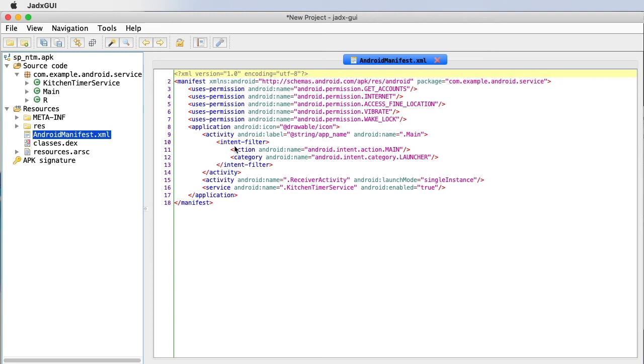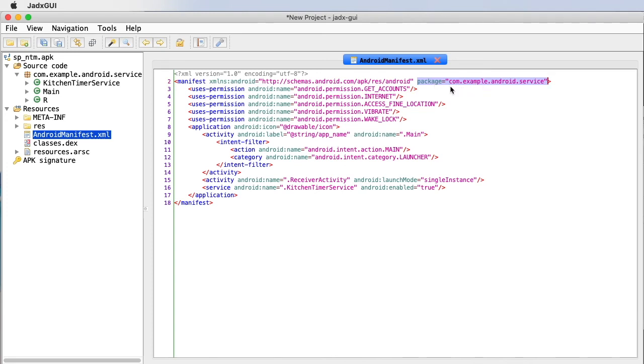So if you follow the top-down approach, what you would do is find the main activity, and we would ask ourselves, what activities are present, and in this part you will find the main activity. How do you know this? Well, basically you have the action and category tags in the intent filter, and you have the Android name. That is the class file of this activity. Now this is a relative class file, which you can find out due to the dot prefix. Now the full name is the package name, which is given up here,